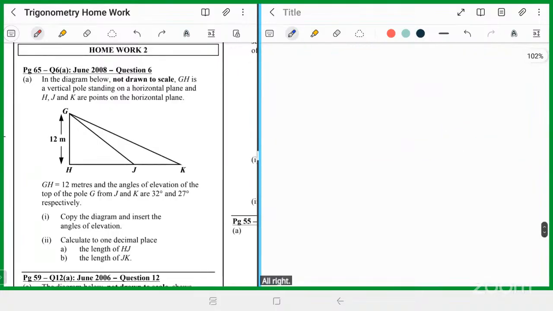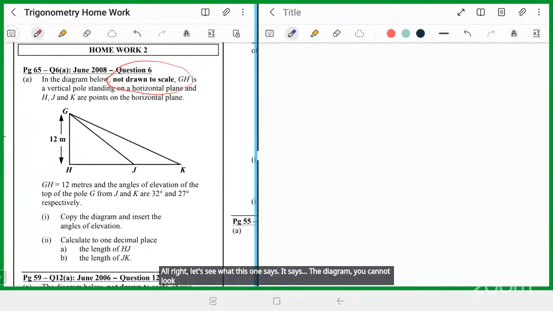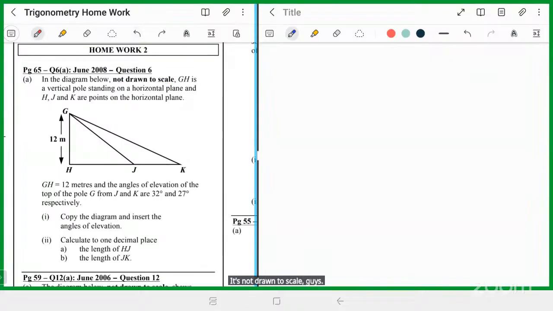Alright, let's see what this one says. It says the diagram is not drawn to scale. You cannot use any rule on this diagram or go by how anything looks. It says GH is a vertical pole. So this is a vertical pole and it's standing on a horizontal plane. See, vertical and horizontal